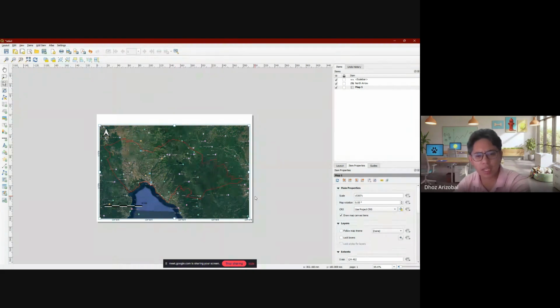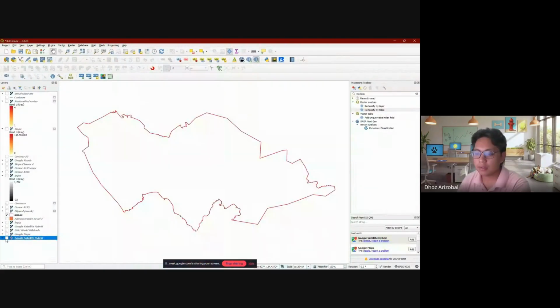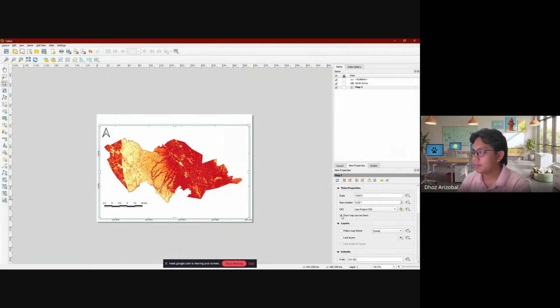Is this right? Is this the same scale? I don't know, it's confusing. So as you learn, as you practice your map making, you understand the nuances of this. So I'll focus here because this is your end goal. So these are the only 2 you have to include in the report: your slope map and your contour map. And kayo na bahala how you want to present your maps. Yun lang naman, the goal is how much of this is map.